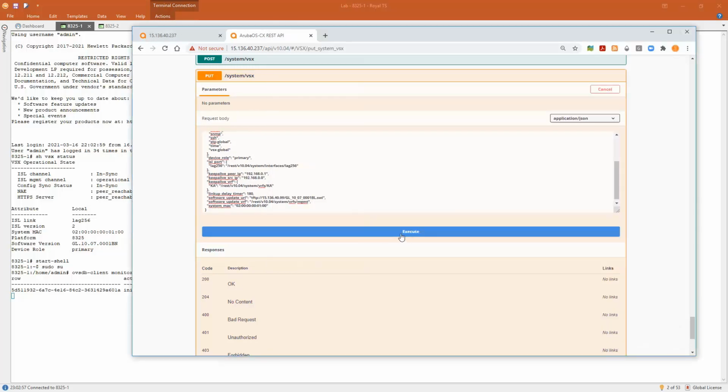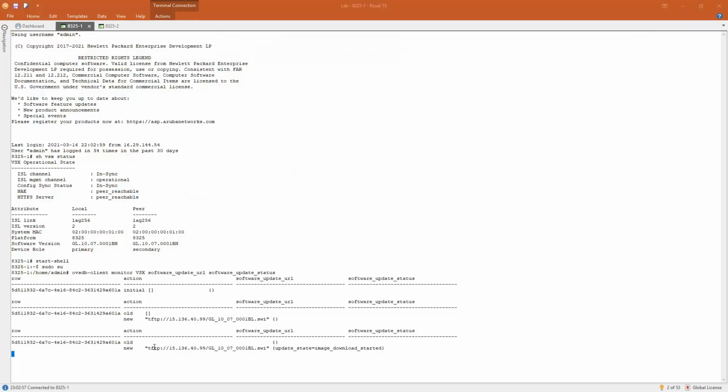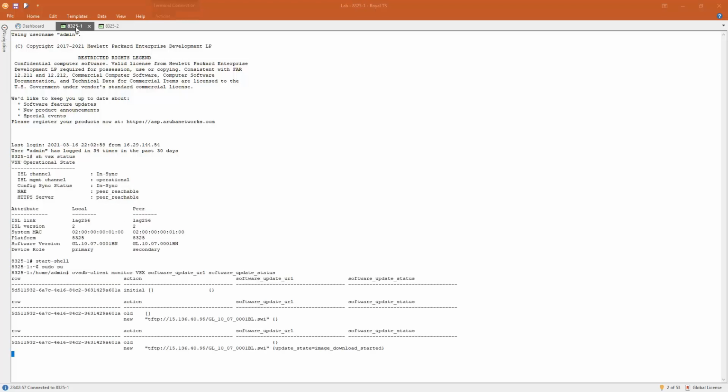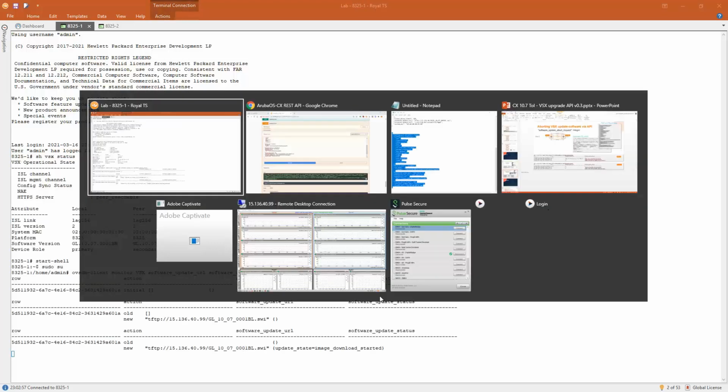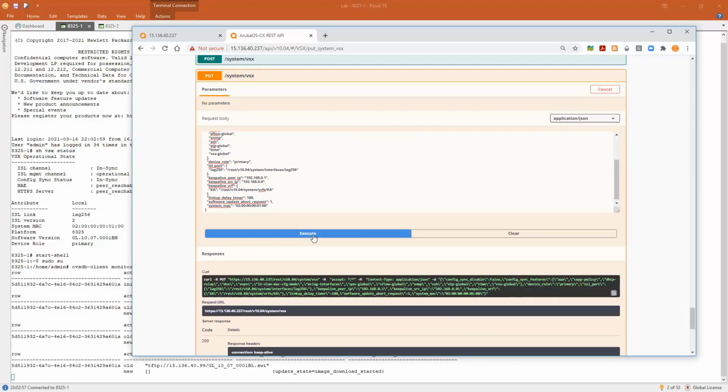Let's execute. So here I will kick off the update. You see, there is a download started, and that should be the same on the secondary. Let's move back to this and copy paste the abort and execute.